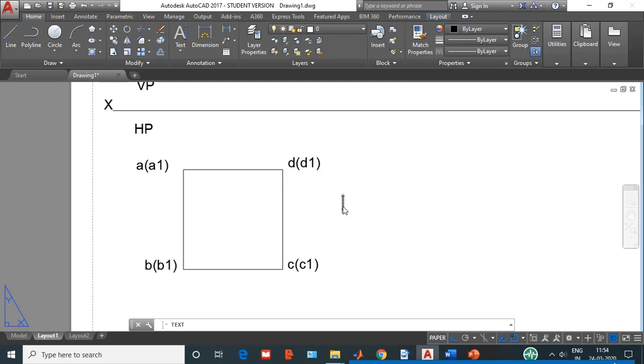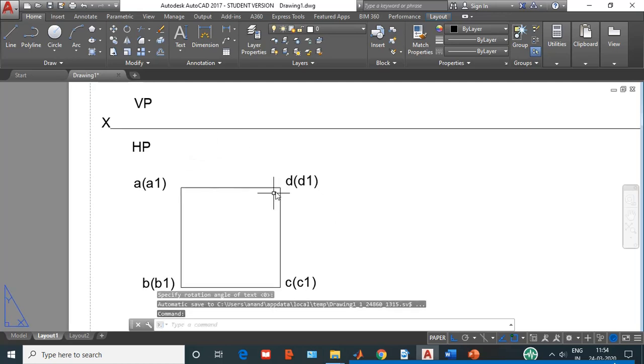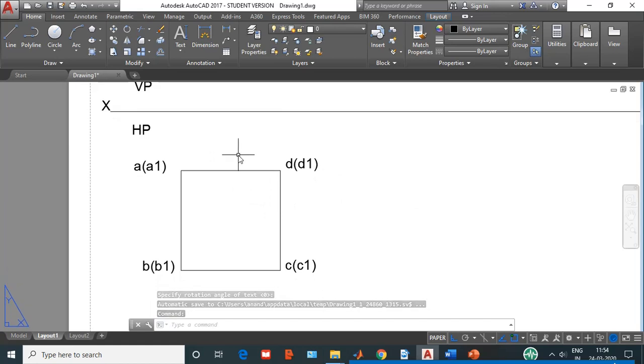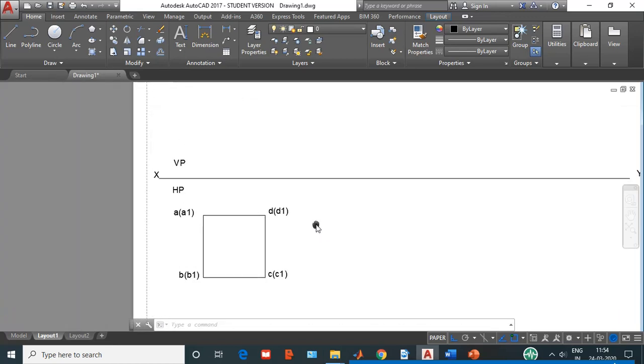Okay, so that is the naming you have to follow in the horizontal plane. In the horizontal plane, the top faces will be named ABCD and the bottom faces will be named A1, B1, C1, D1. So this naming we will follow throughout the projection of solids.